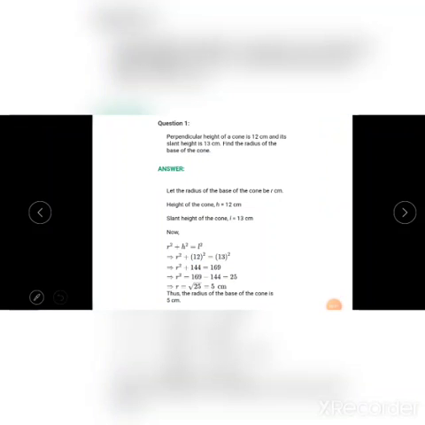Let us have an example of a cone. If the perpendicular height of a cone is given as 12 cm and its slant height is given as 13, can we find out the radius? Yes. As I said, R, L and H of a cone make a right angle triangle. So L square is equal to H square plus R square. We simply substitute and get the third value. Here 5, 12, 13 is a Pythagorean triplet. 12 and 13 are given as H and L. So the radius is 5 cm. This is a very simple example of a cone.